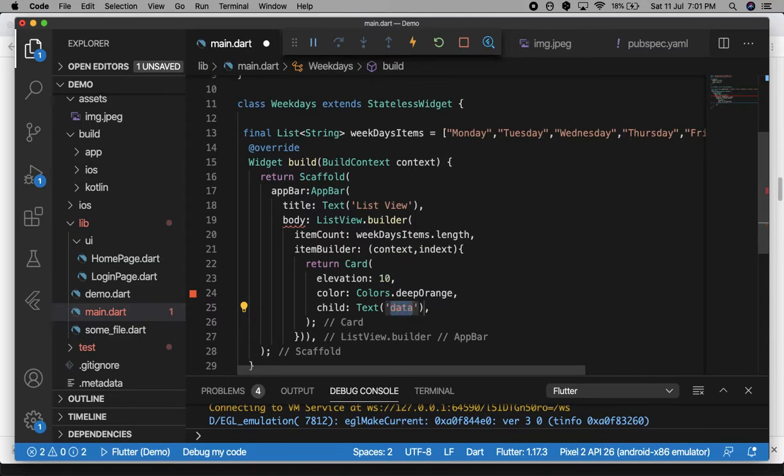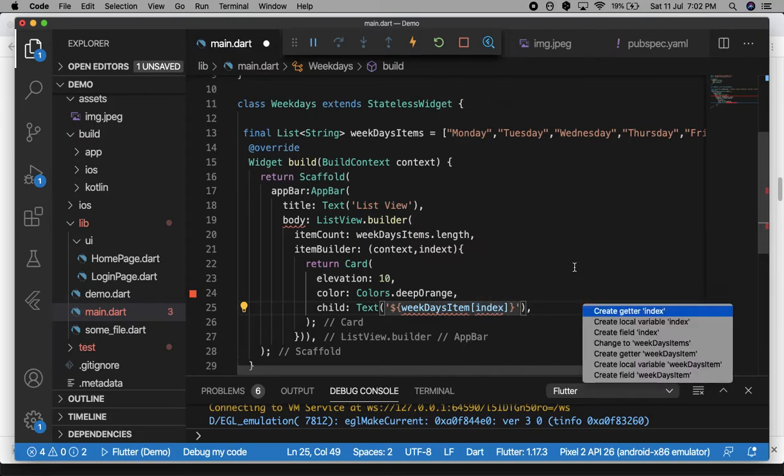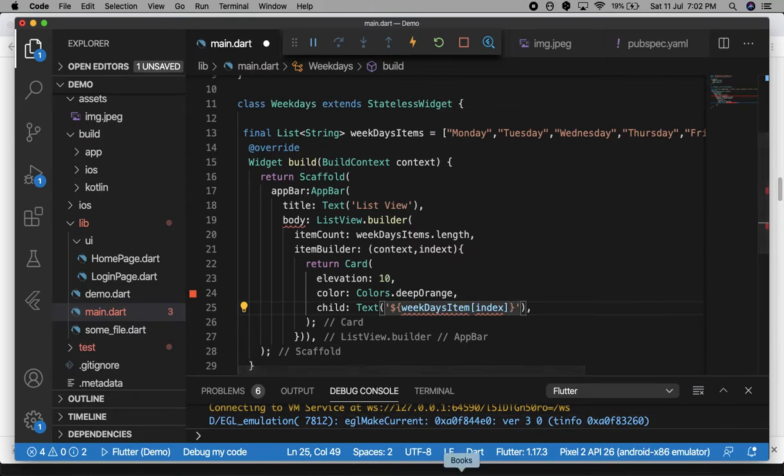Then you can pass here dollar of item of the list, weekdays, item of index. Okay,